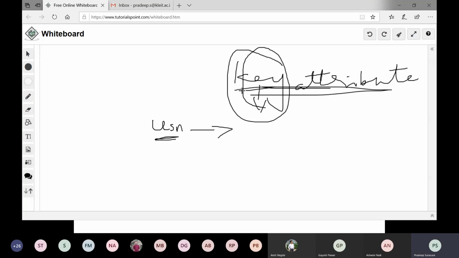Imagine if you forget your home keys, what will happen? You cannot enter your home. Same way, to enter a specific data or to identify specific data, we use the concept of key attributes. So USN will be the key attribute in the student table.